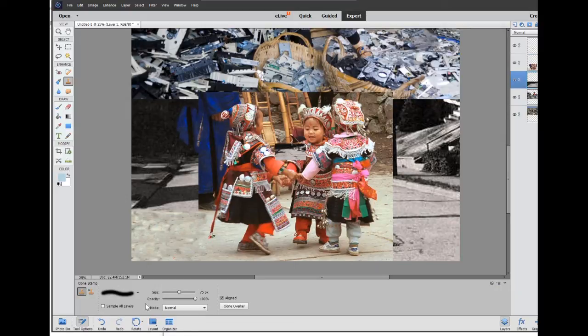also I could turn on this, sample all layers. I'll show you that one. I'm going to work on this layer, but I've turned on sample all layers, and the only thing at the bottom here is the two pictures. These are in the upper part, and just a little bit there. So I should just get samplings from these two layers. Let's see what happens. Once again, I'm going to hold down the Alt key, click my mouse, let go of the Alt key, and now I'm going to start